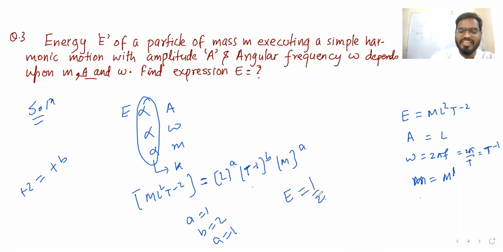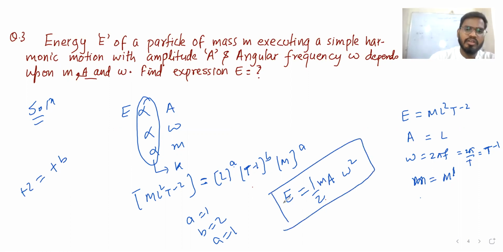That constant is what here? Half. That you cannot find from here. That is the limitation, right? A is what? L denotes what? Amplitude. Okay, a to the power 1. B denotes what? B denotes T. T is what here? T to the power omega. Omega to the power 2. A denotes what, guys? A is mass. So half m a omega square.